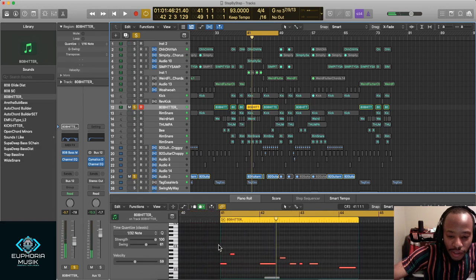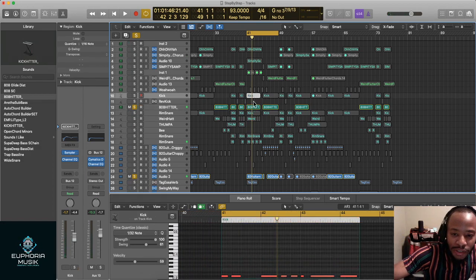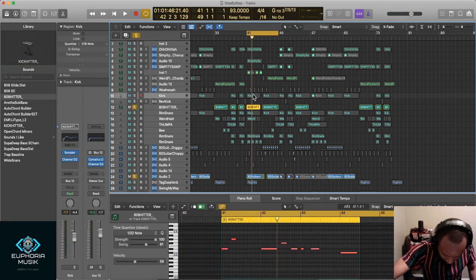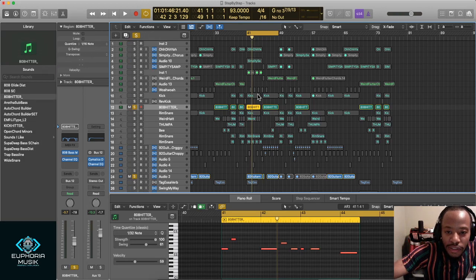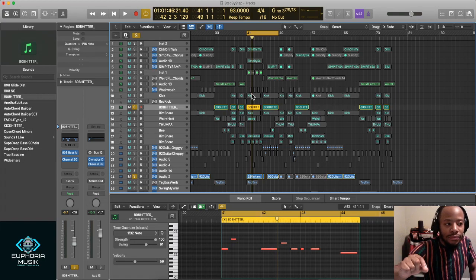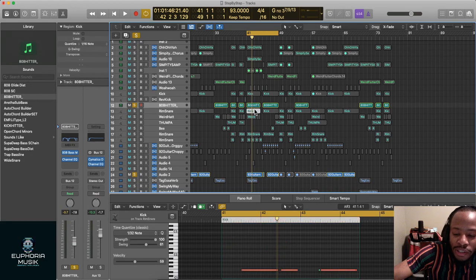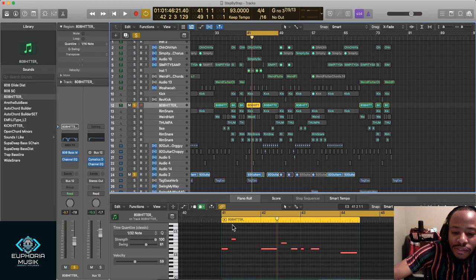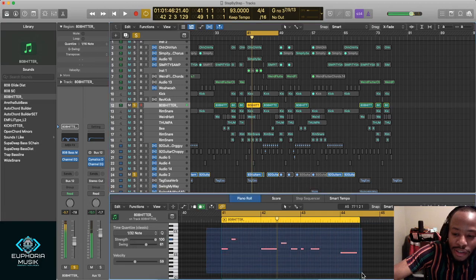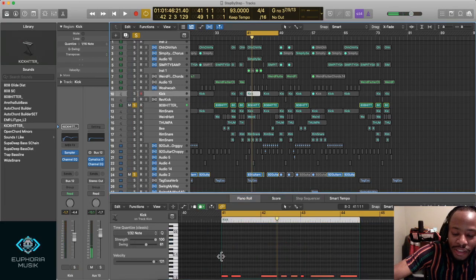With the kick, one of my tricks for kicks and 808s to get them to fit, if you're not doing a lot of off-beat 808 patterns, like ones that speak tonally rather than just go with the kick, is like this, just on the kick.